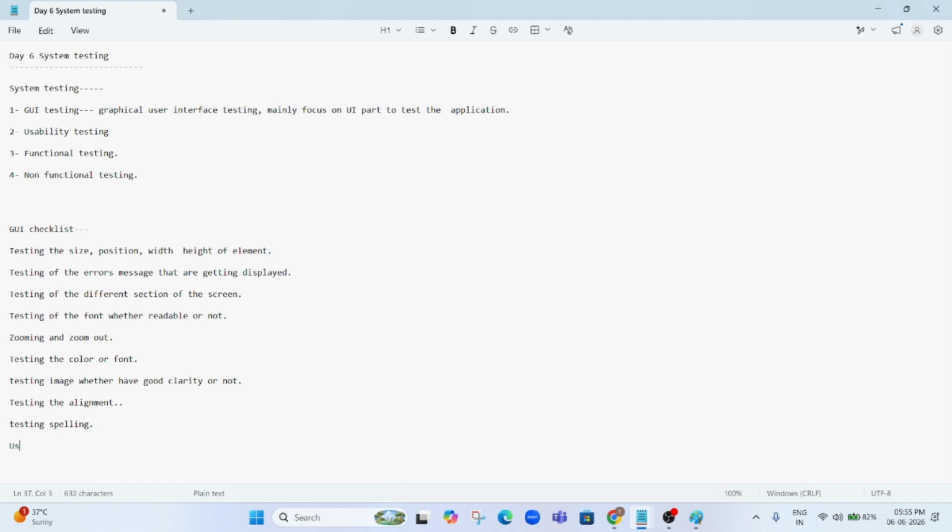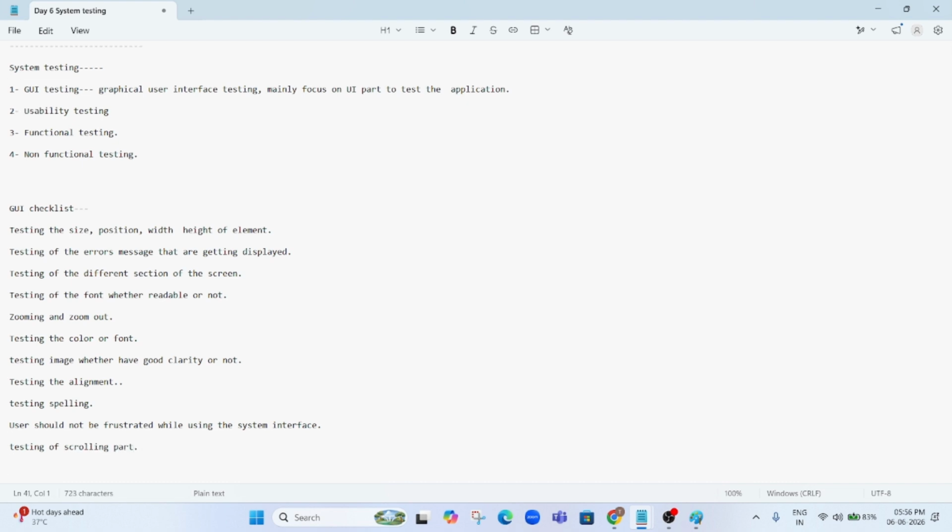Okay, users should not be frustrated while using the system interface. Okay, so testing of the scrolling part in this application. Okay, testing of the disabled field, testing of the size of the image, testing of the heading, whether it's properly aligned or not,